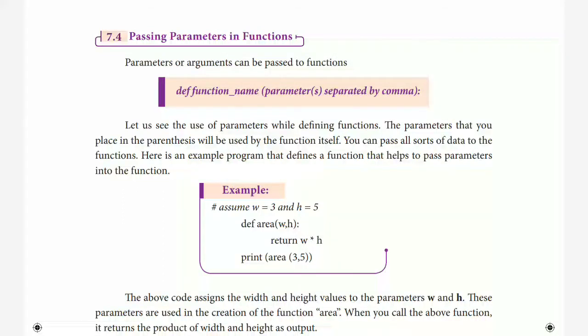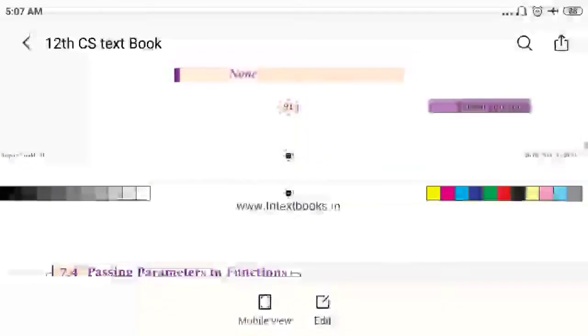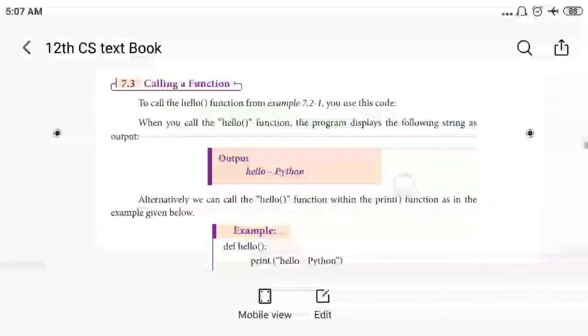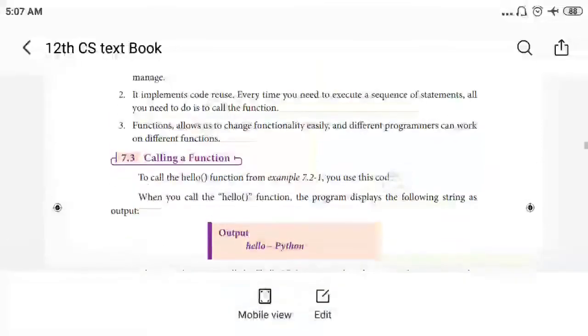Hello students, today we are going to see this topic, passing parameters in functions. Okay, so before going into that topic, we'll see a quick recap about the previous class. In the previous class we have seen how to create a function, how to call a function,